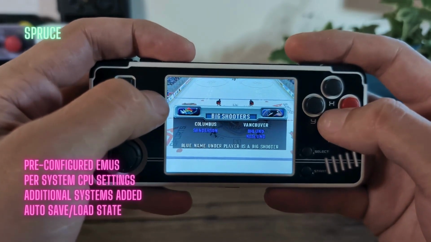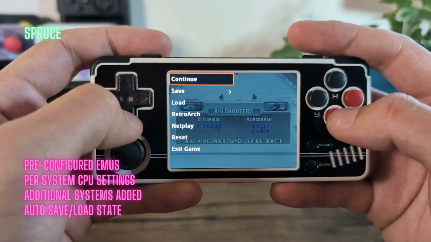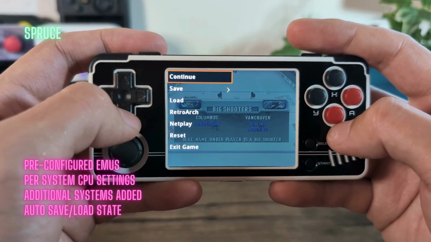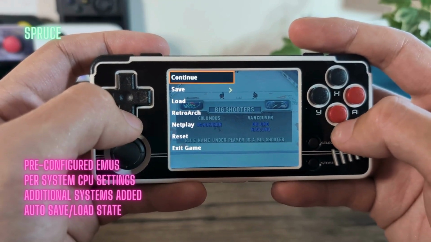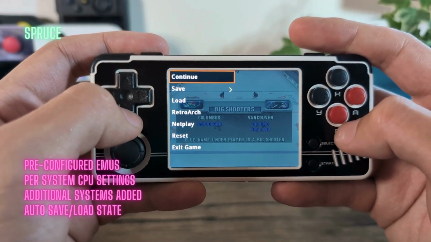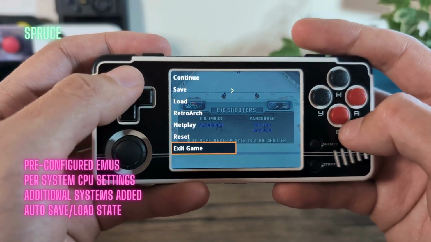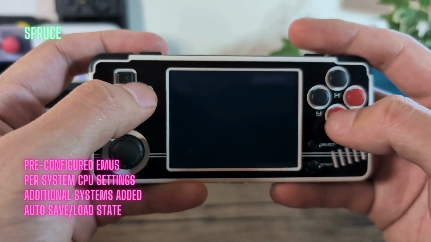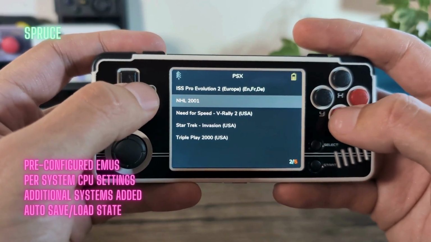The other nice thing about Spruce is that it's easy to set up. As well, it also does have those standalone emulators, so you can get better performance on things like PSP. It has some okay N64 performance, obviously, if you're going to be going for those higher ends. Dreamcast is still pretty poor on this device, which I think is just a limitation of the hardware. Otherwise, I think that Spruce is a great option, certainly one of the best options available for the Miyoo A30